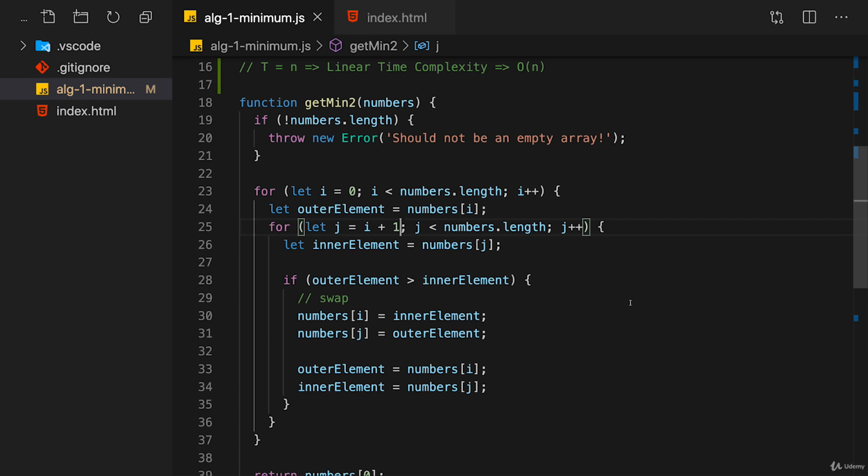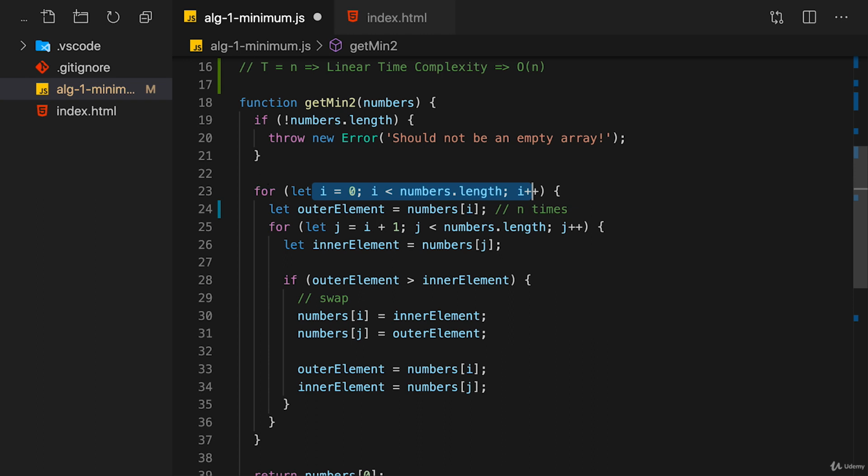But as I explained before, for large arrays, this -1 won't make a difference. So in the end, we could say, inside the first for loop, this line, for example, will execute n times. If we feed in an array with 1,000 items, we'll execute this line 1,000 times,